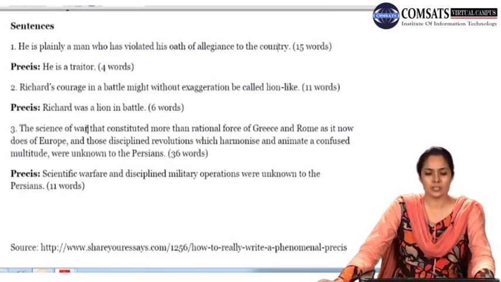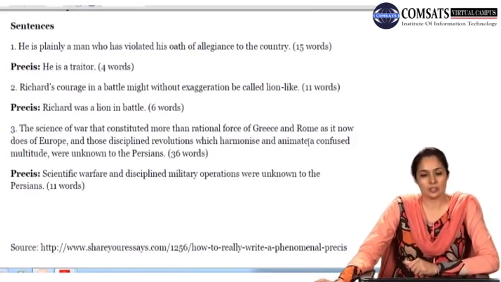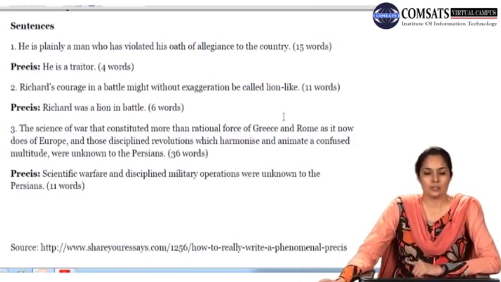Science of war, that means the art of warfare, and disciplined revolutions or disciplined military operations which now harmonize and animate a confused multitude that are now termed to be being done by Greece and Rome, were known to Persians. Scientific warfare and disciplined military operations were totally